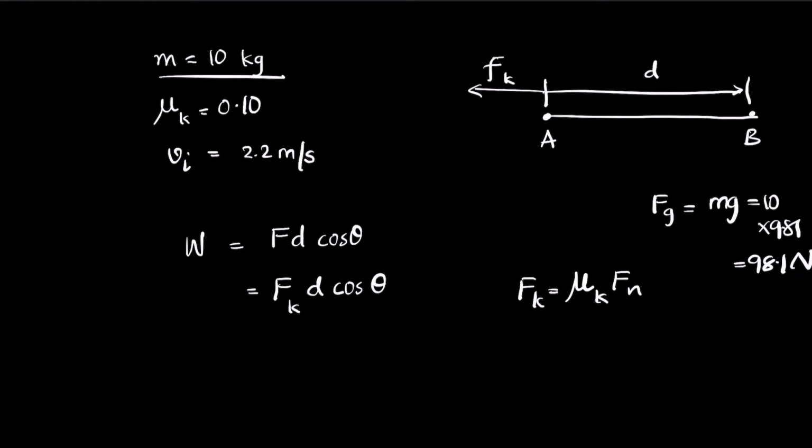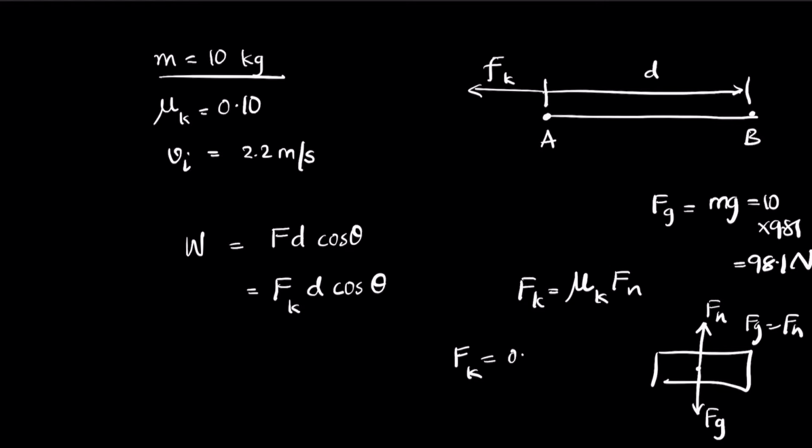So now notice that this is the sled. Because there is a Fg downward, the normal force Fn is upward, and there is no other normal force being acted, so we can write that Fg equals Fn, because there is no vertical displacement and there is no vertical net force. So from this we can write that Fn is 98.1, so Fk can be written as 0.10 times 98.1, which becomes 9.81 Newton. So we have Fk, which is 9.81